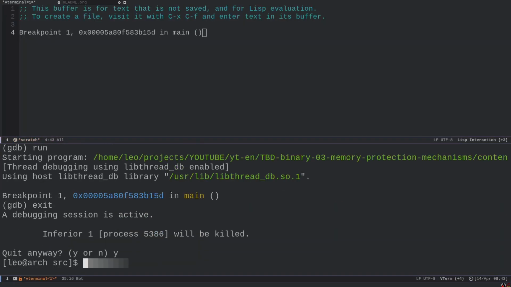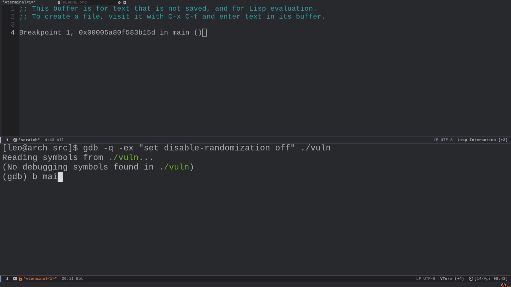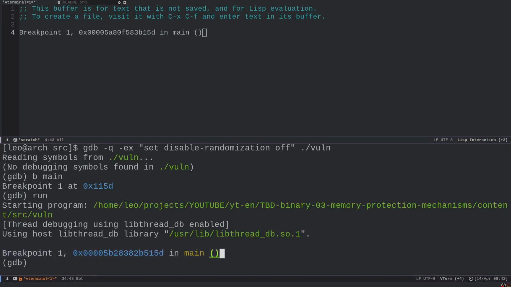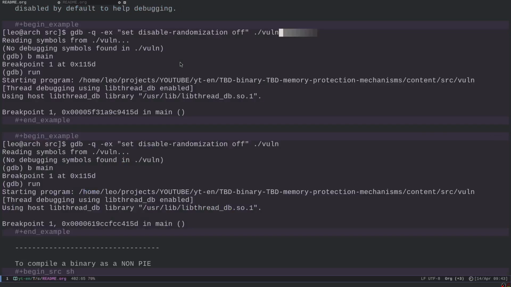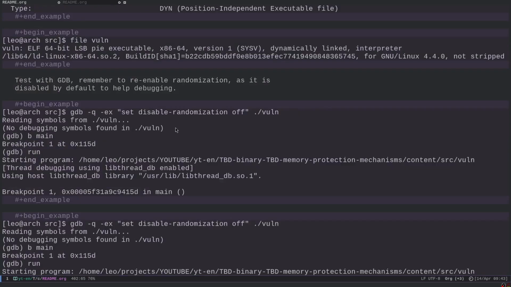Let's do it again. So I'm gonna create a GDB session, break in main, and start it. Look at this, we have a different address. It is loaded in a different place. So this essentially is the effect of having PIE. Every time you execute, not only do you randomize the data section, you also randomize the code. And this makes it even harder to use ROP gadgets, for example, return-oriented programming techniques, to exploit your